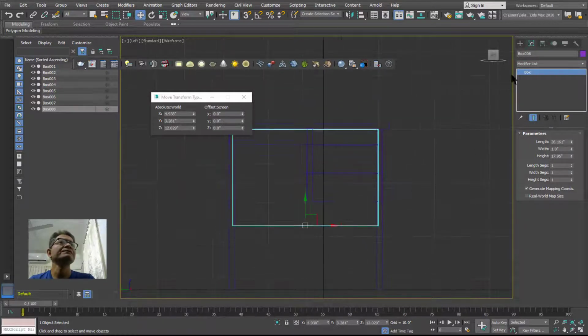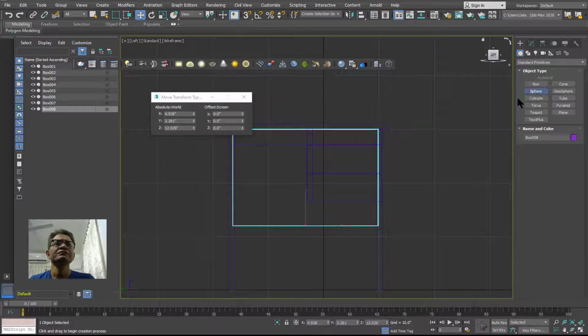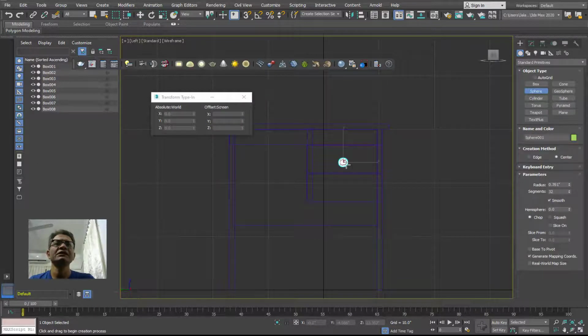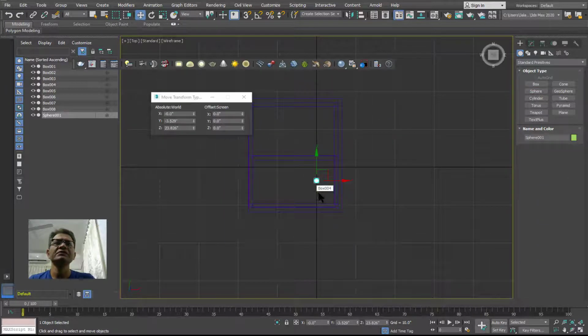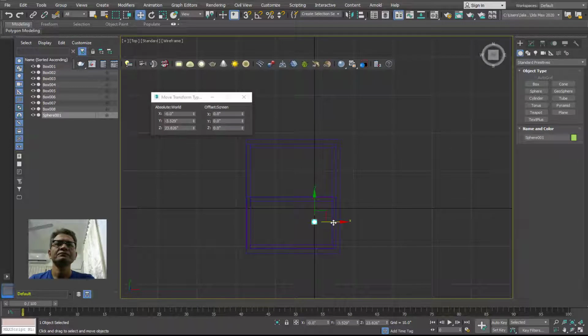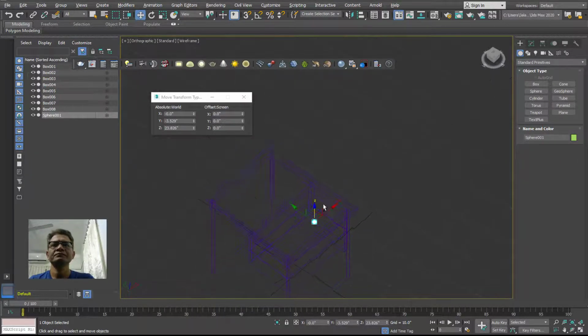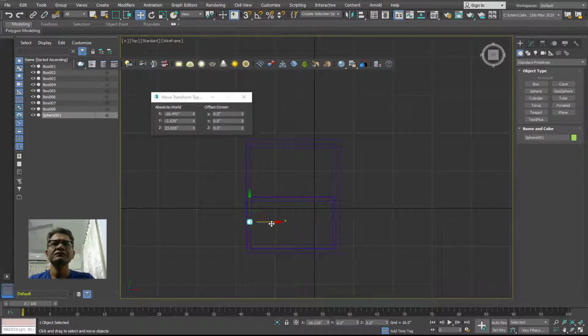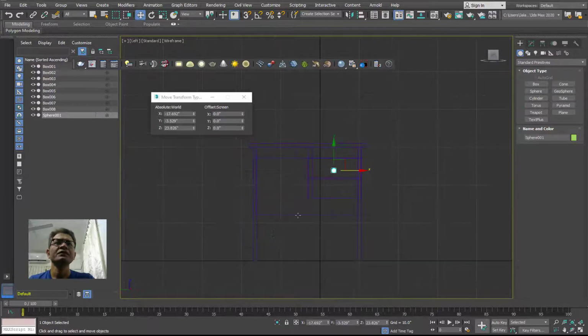As it is not a very perfect and detailed table, as it is a beginner table, that's why we can put some spheres and put them in the right place from the top by moving along the z-axis and copy it by pressing